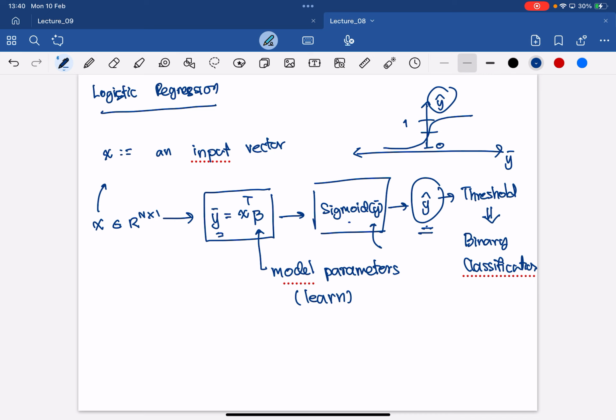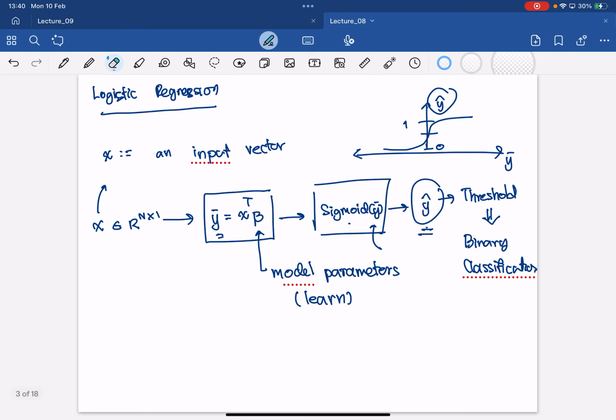But the thing is, since the output y hat is expected to be a value ranging between 0 and 1, well, the question is, how can we ensure that this output y hat will be representative of the class,